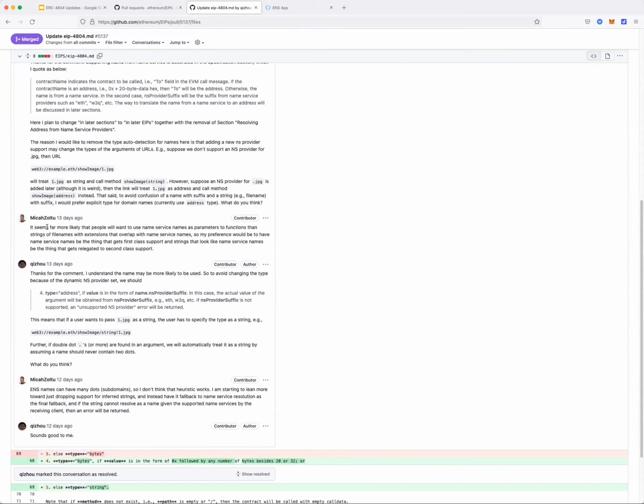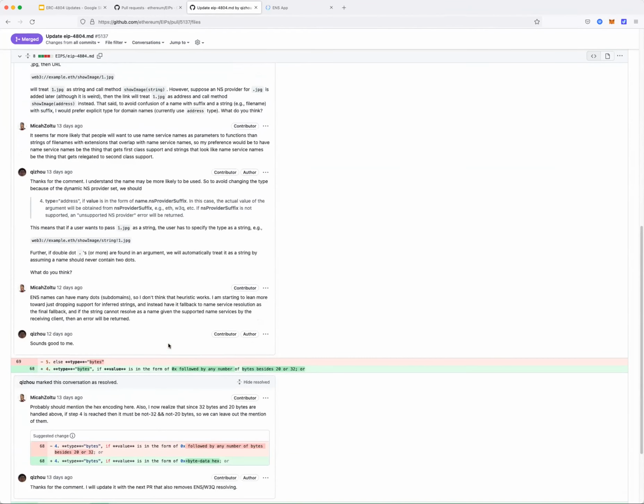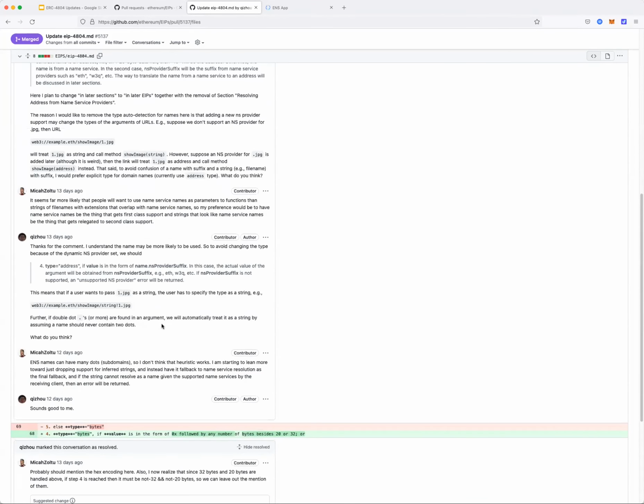For example, McKay says it feels like people want to use the name service address more than a string of names, so we decided to use the name service as the first class, and then string just needs to be an explicit string type in the argument. Yeah, there's also a discussion regarding other types, just some wording of the rules.